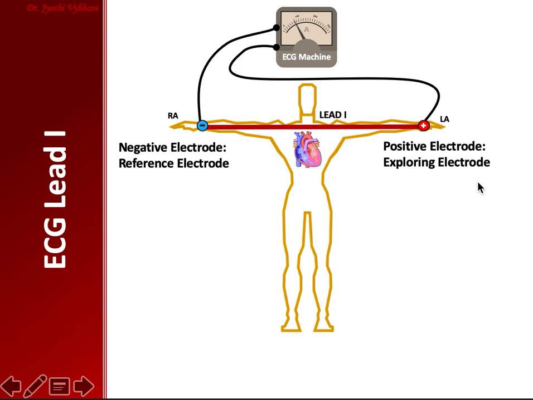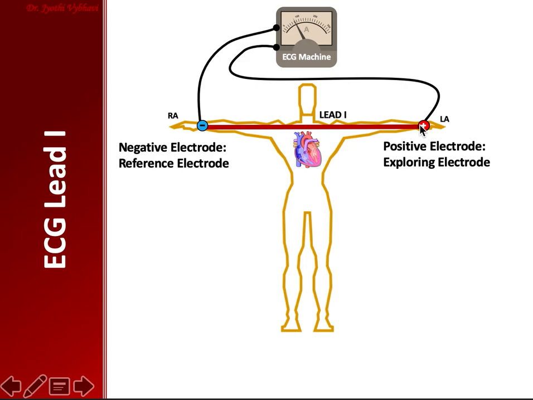Let's now learn how Einthoven made lead 1. In recording limb lead 1, he connected the negative terminal of the ECG to the right arm here, and the positive terminal is applied onto the left arm here. So what happens when the ECG records? The left arm electrode detects some electrical activity. It is the exploring electrode. Positive electrodes are exploring. It detects the activity